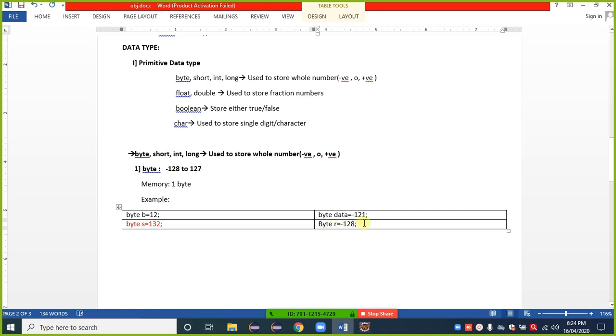It is right, and it can easily be stored using byte. But instead of -128, if I take -129, it is wrong. In such a case, we get an error from Java, and the error is type mismatch. Keep in mind.